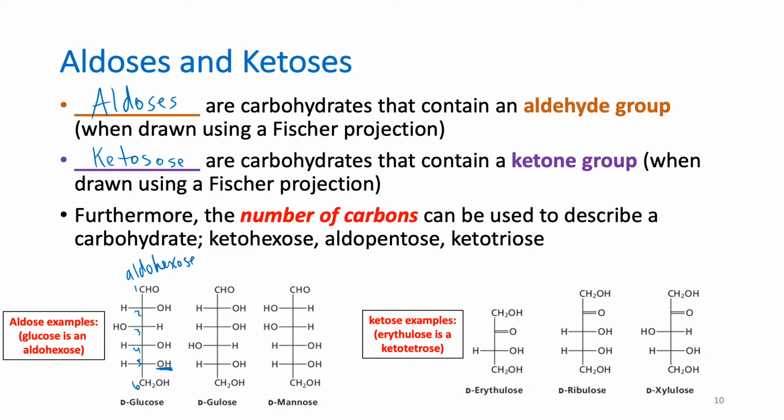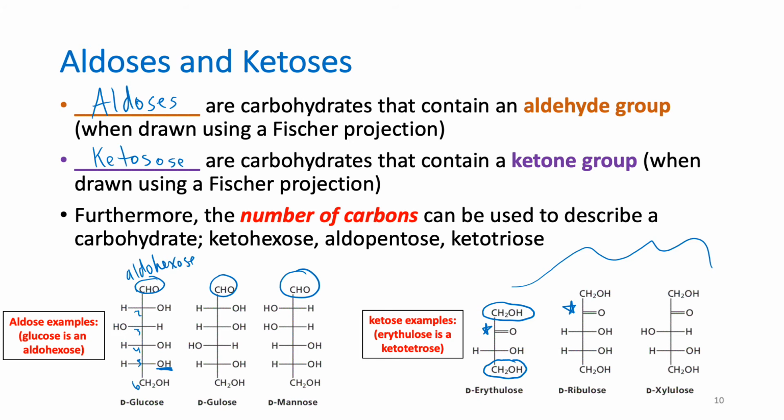Okay. Now, over here are some examples of ketoses. Notice in a ketose, you have a CH2OH at the bottom and a CH2OH at the top. But right next to the CH2OH is a ketone functional group. So these would be ketoses. So notice aldehydes occur at the end of the chain, or rather the top, but it is on the end. Whereas ketoses have a CH2OH on either end, but a ketone right next to that.